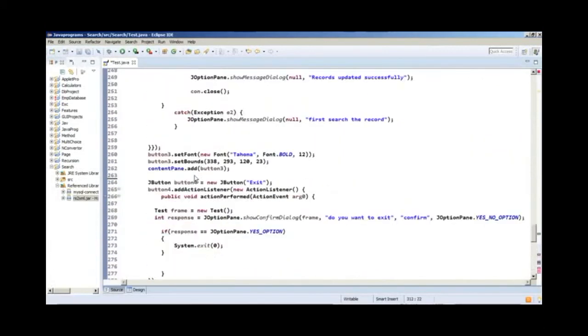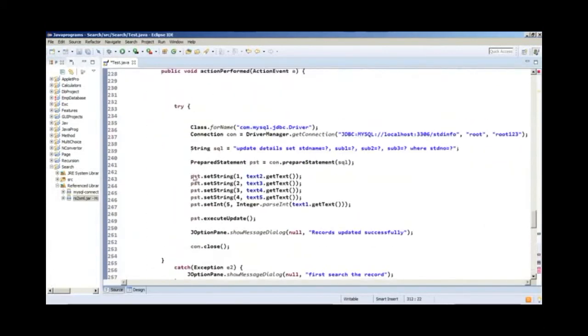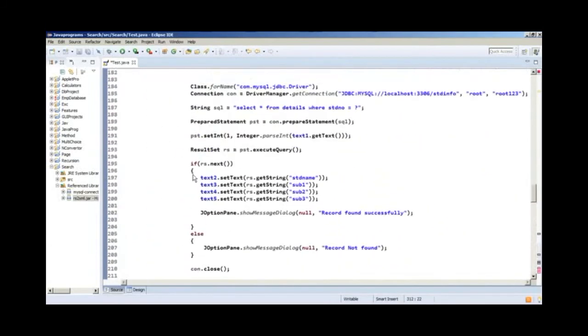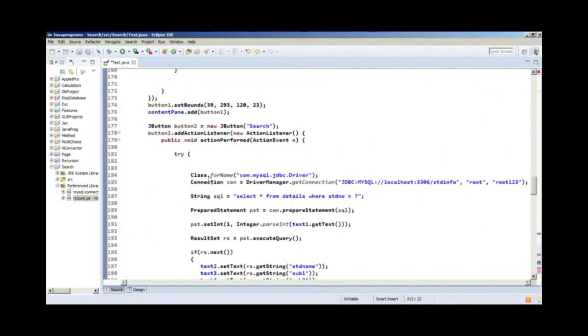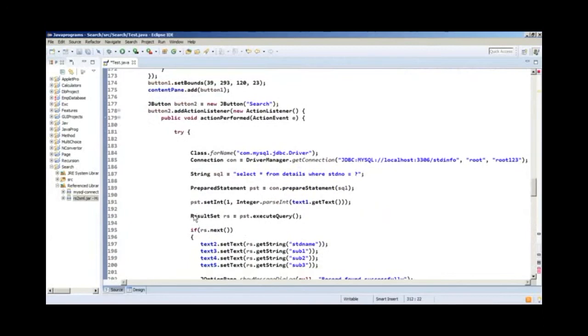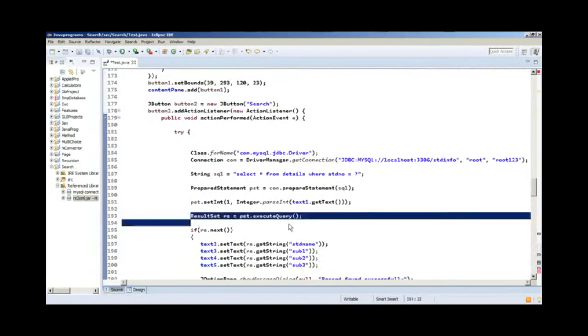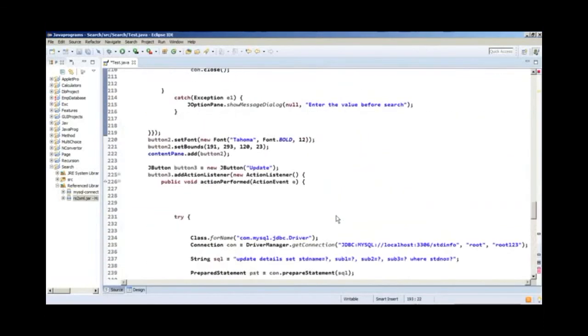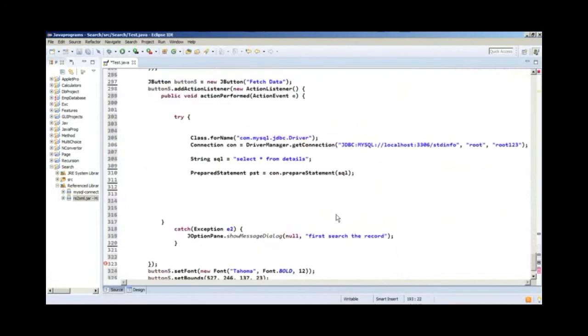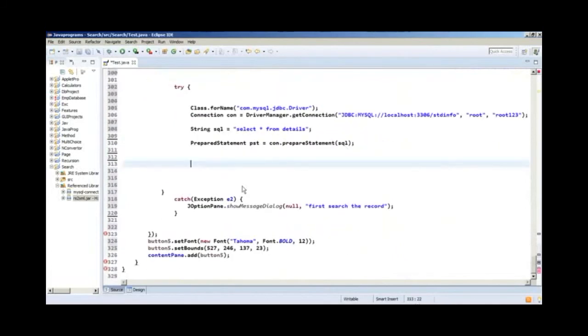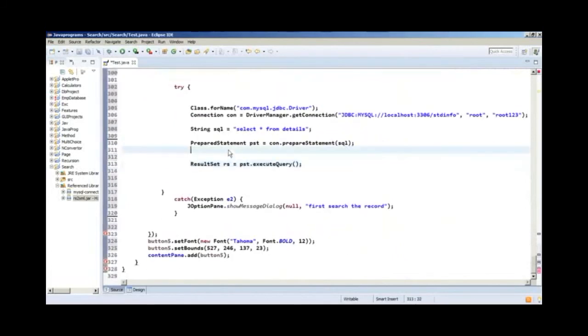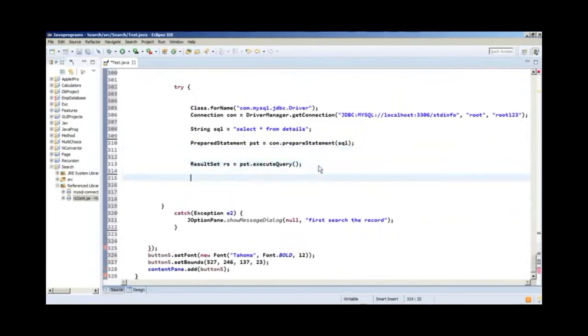You can fetch this code from here. Okay, ResultSet, this is also one of the libraries. ResultSet, we have imported that statement already. Right, this is also done. Now the most important, we have to refer to